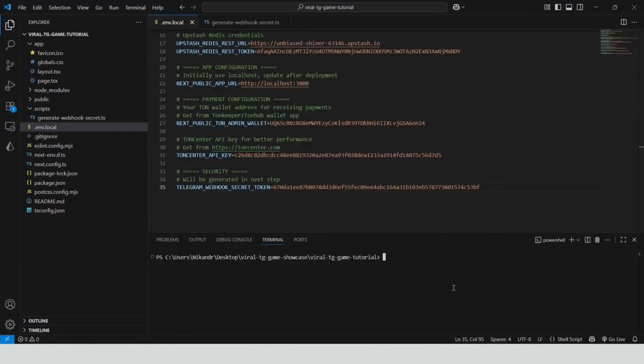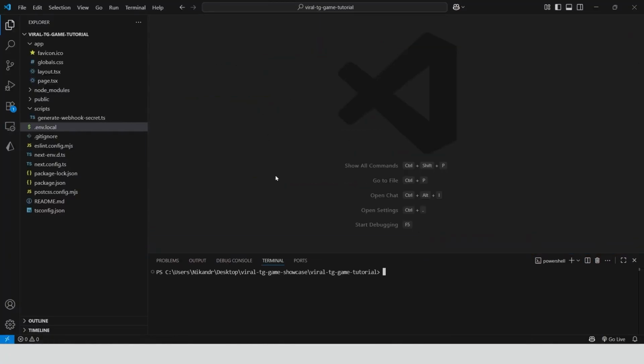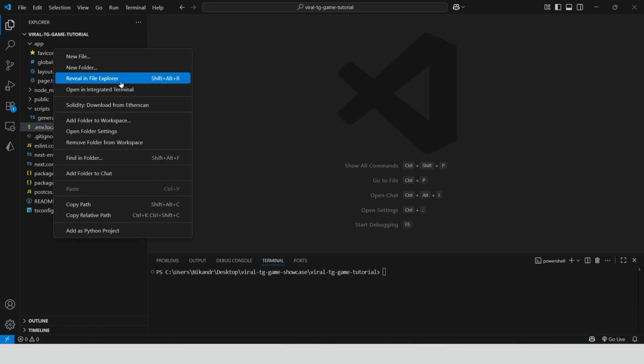Now it's time to bring our database to life. First, we need to create a configuration file for Drizzle, our ORM. This tells the Drizzle command line tool how to find our schema and connect to our database. In the root of the project, I'll create a new file named